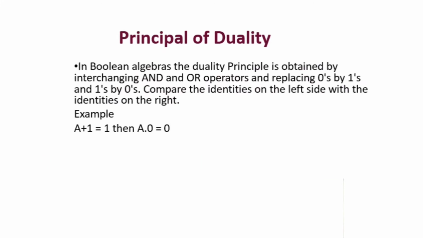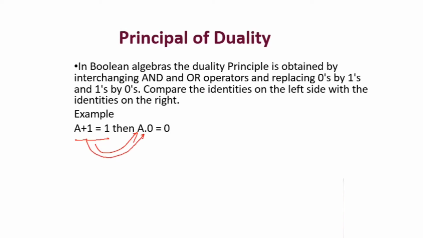And now this last property, principle of duality. In Boolean algebra, the duality principle is obtained by interchanging AND or OR operators and replacing 0 by 1 and 1 by 0. Compare the identities on the left side with the identities on the right side. Example, A plus 1 is equal to 1, and A dot 0 is equal to 0. So in this, to find the dual of this expression, A is retained, this plus is